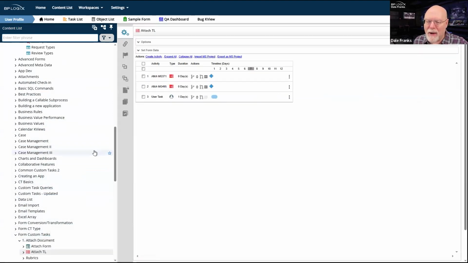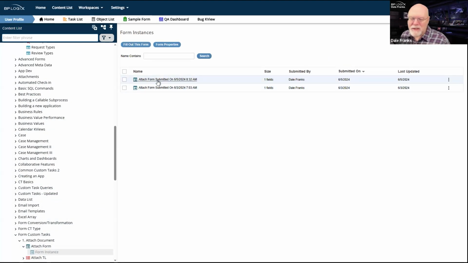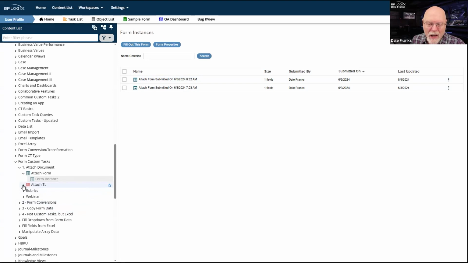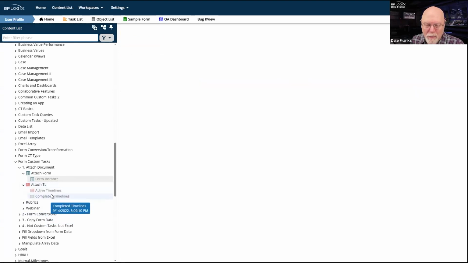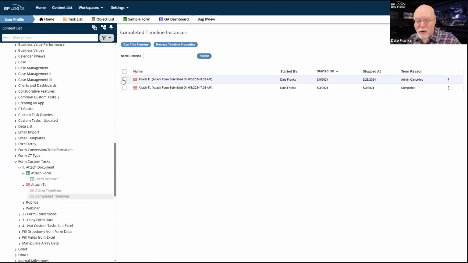I have my attached TL. Actually, let's look at form instances I have. Okay, I have a form instance from 6/5/2024. So I should have a timeline, probably completed, from 6/5/2024. Okay, I do. Great. So I have forms and I have process timelines.